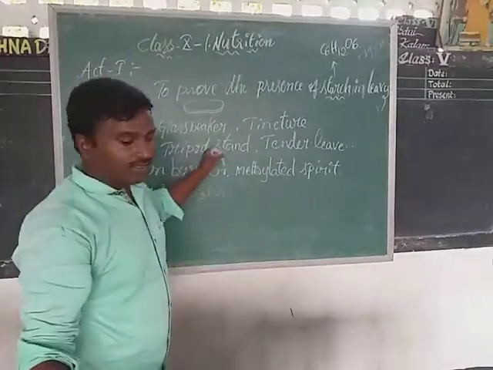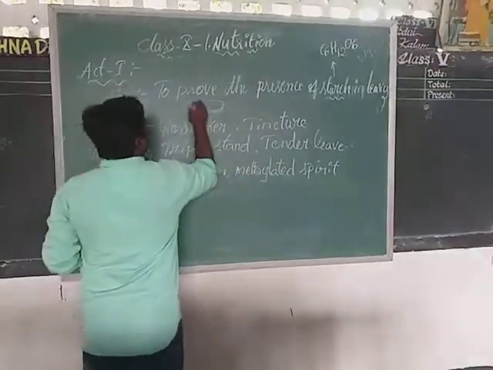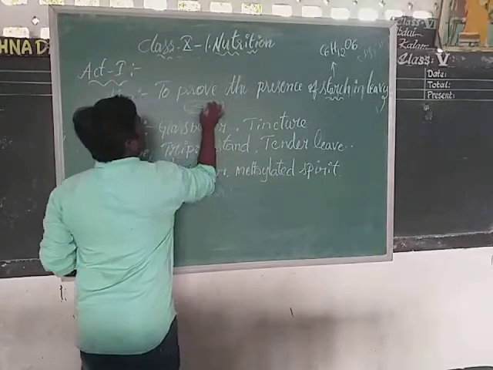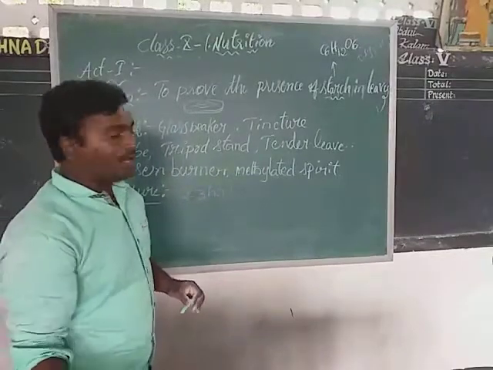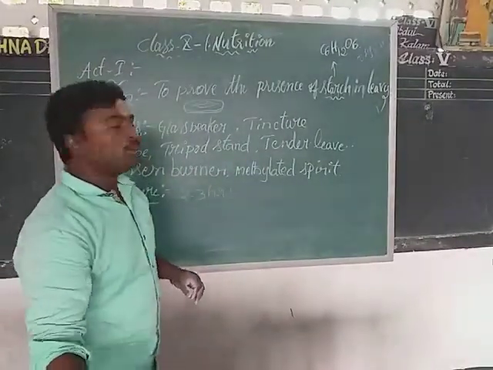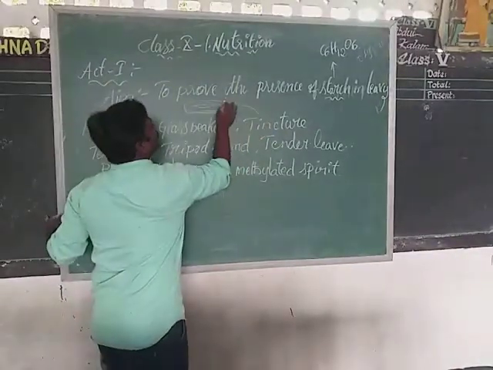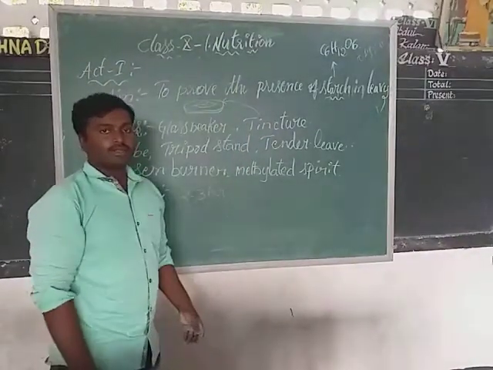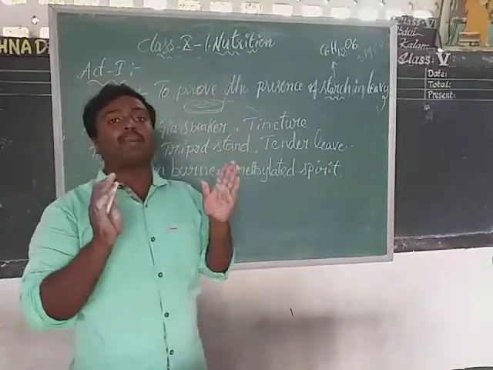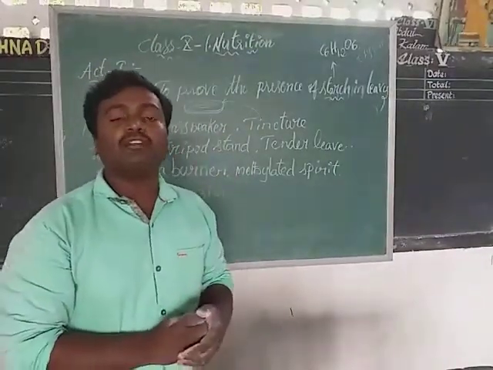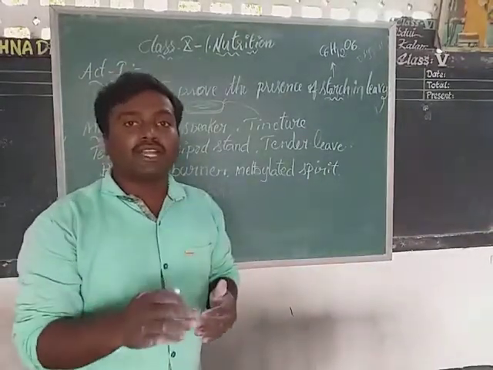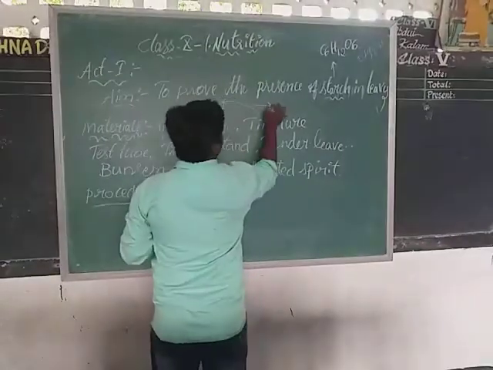Okay. So let us see. This is a petri dish. Inside of this petri dish, we need to take that particular pale white colored leaf. Now we have a tincture solution. Okay. Pour this tincture solution 2 to 3 drops on it. If you pour this tincture solution on that particular pale colored leaf, then what will happen? That pale colored leaf will be converted into a special colored leaf.